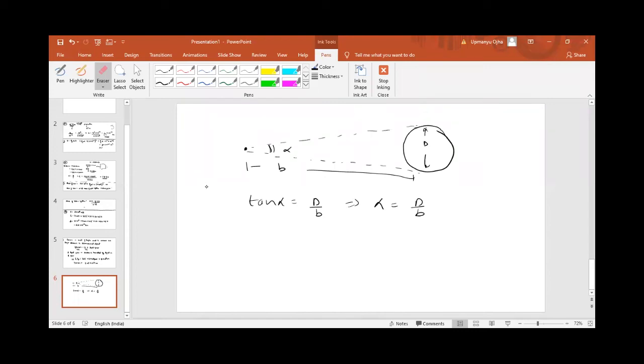Yes, 1 light year is the unit of length. 1 light year is the distance traveled by light. Light year is not the unit of time, first of all. Light year is the unit of distance. So 1 light year is the unit of length or distance, which is the distance traveled by the light in 1 year. So I think we have found the light year like this.